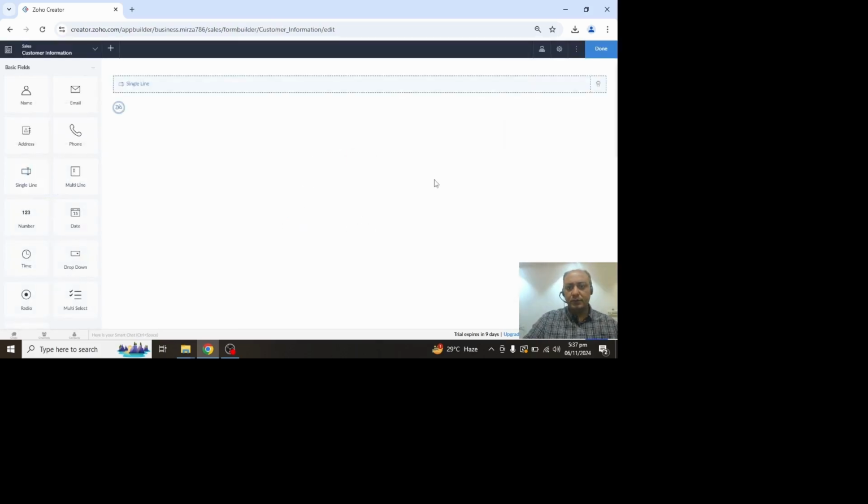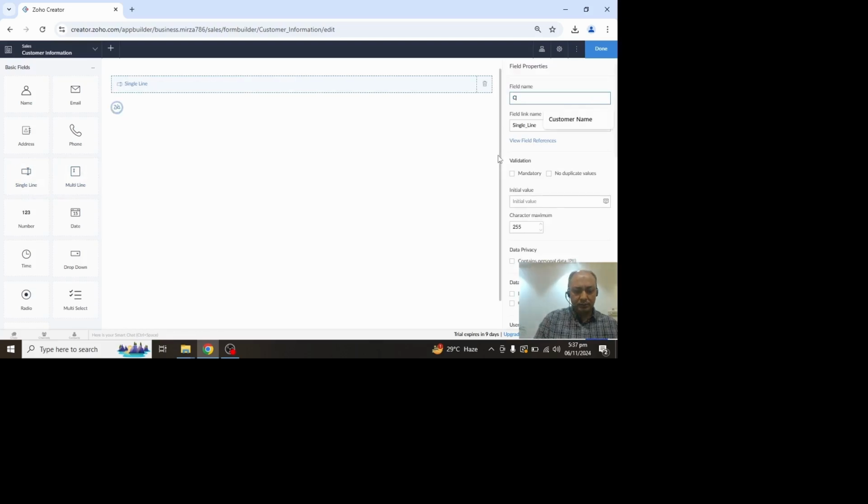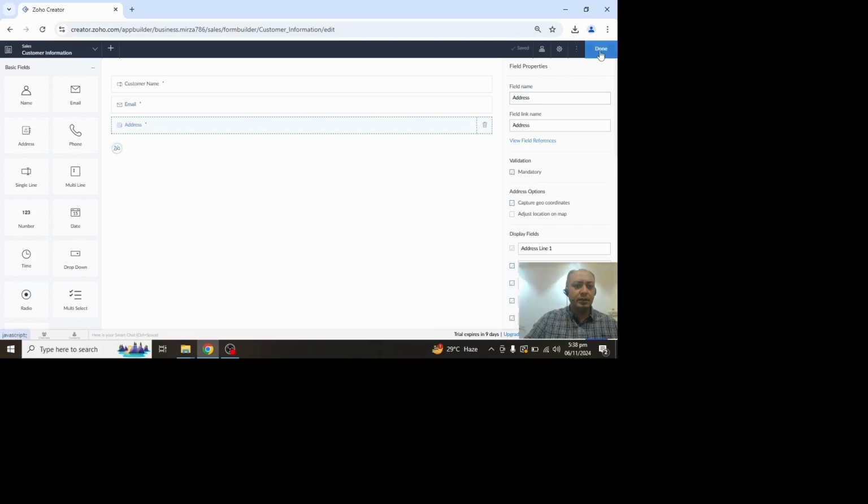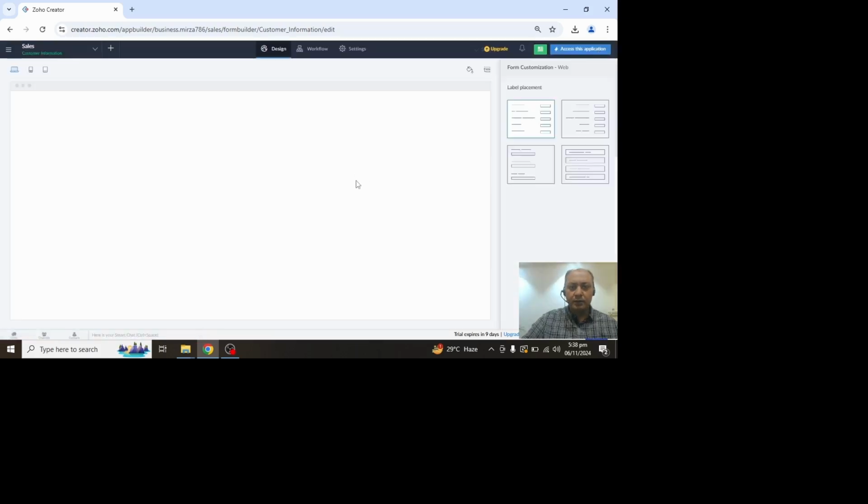First of all, add a customer name. Mark it mandatory. And a few more fields: email address, marked mandatory, and shipping address. Okay, and done. Now create a form of an invoice